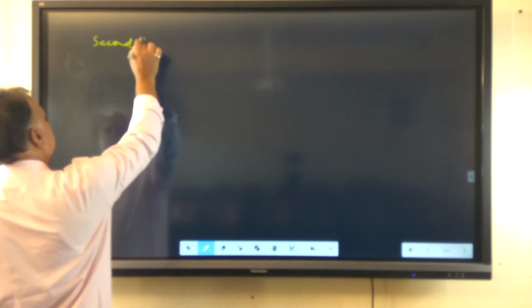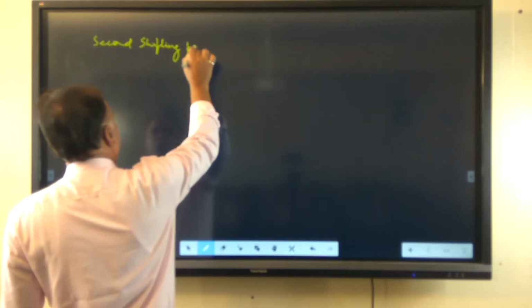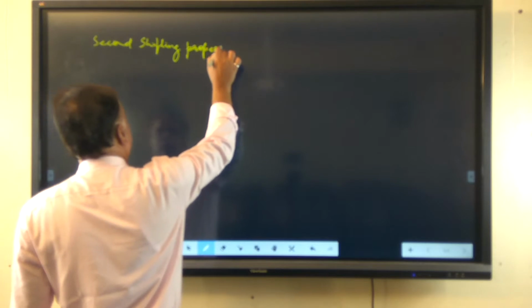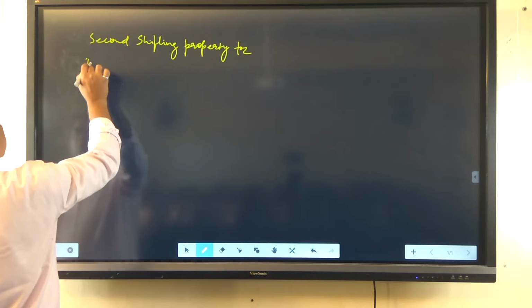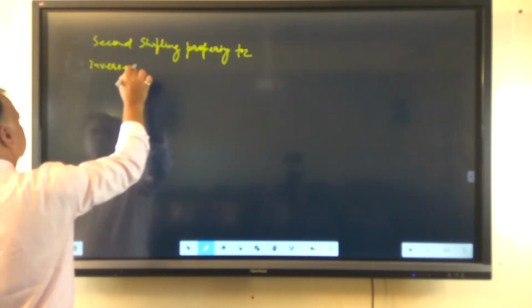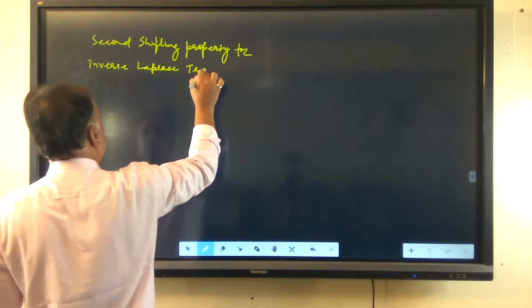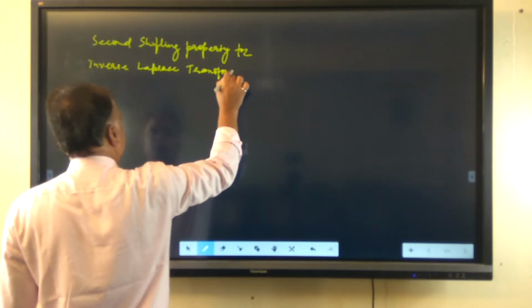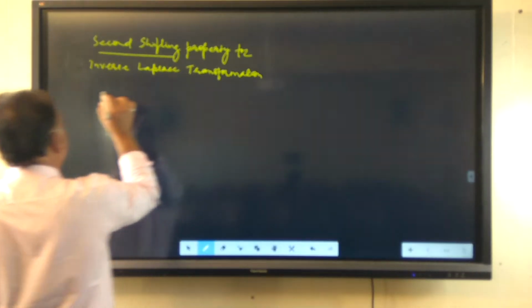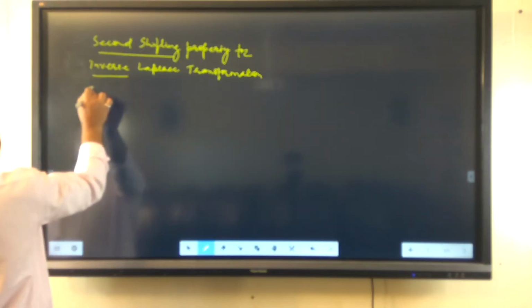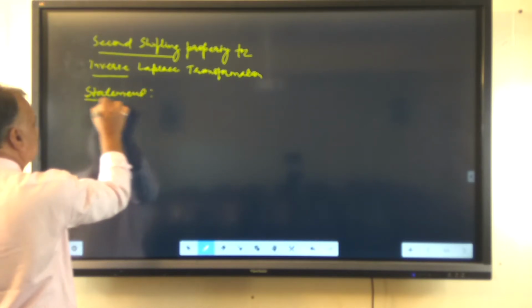Second shifting property for inverse Laplace transformation. The statement of the property says that